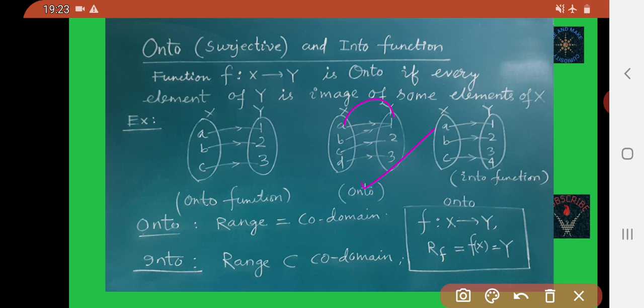Okay, now you see this function mapping from X to Y. Here pre-image of 1 is A, pre-image of 2 is B, pre-image of 4 is C, and pre-image of 3 does not exist.